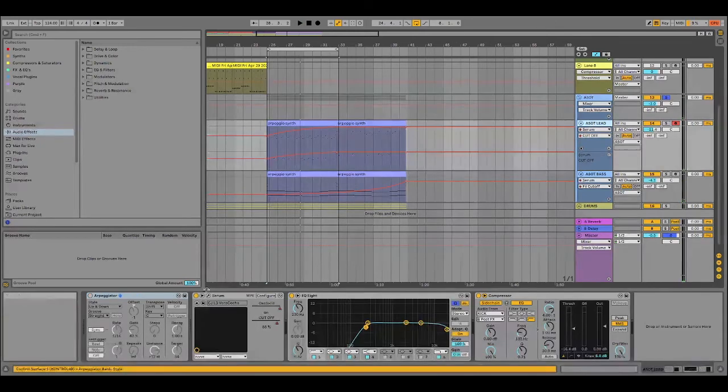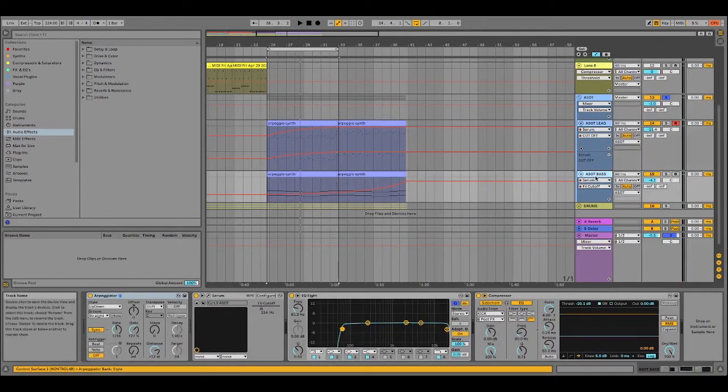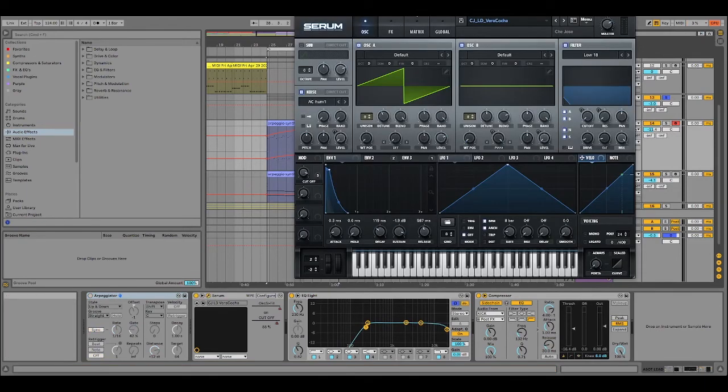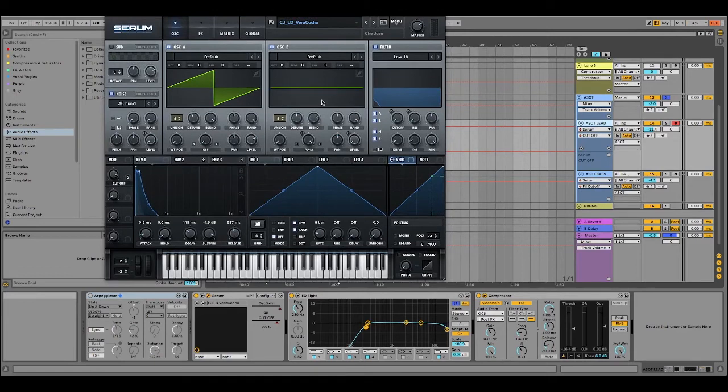So it's essentially the same patch. One's playing with an arpeggiator down the bottom, and the other one is just playing the lead. So if we have a look at this particular patch, we are not really doing too much with it. It's really just the automation within the envelope, which gives it that kind of plucky sound, and the hum noise, which is set as well.